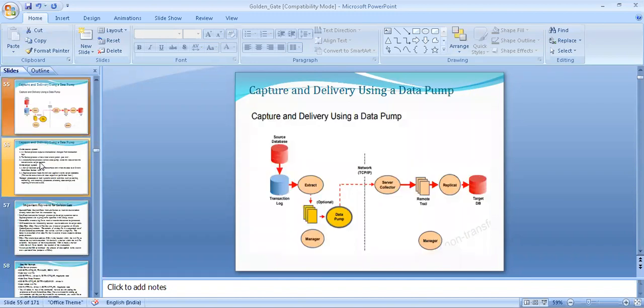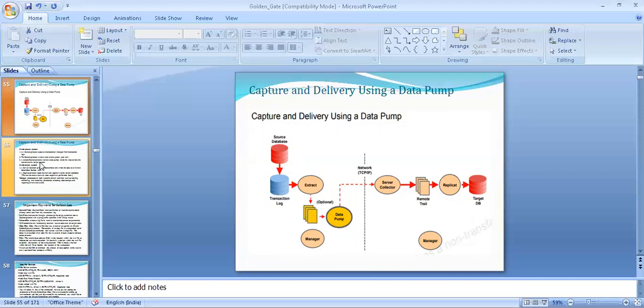In Golden Gate, there are two types of workflow. One is without a data pump, which we have already explained. The other is with a data pump. A data pump is an optional extract process. In this case, the extract process reads the transaction log.